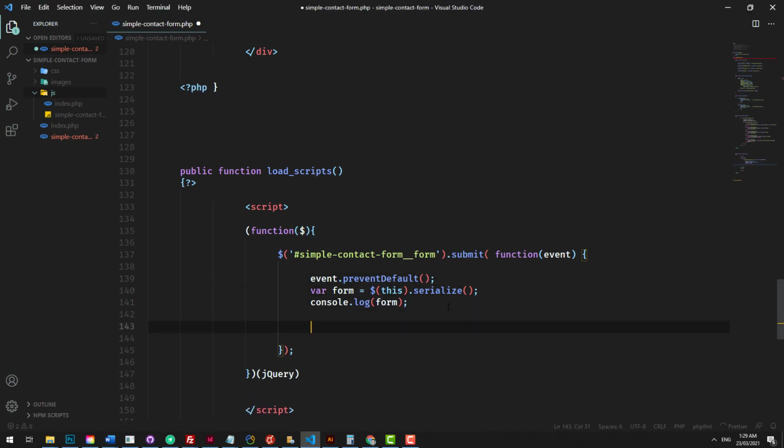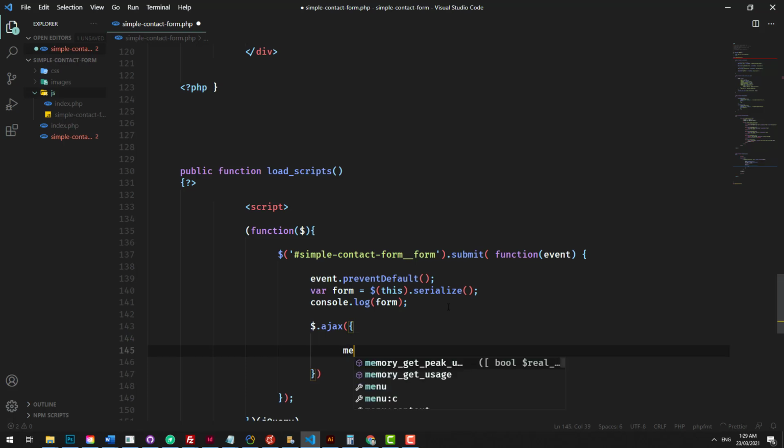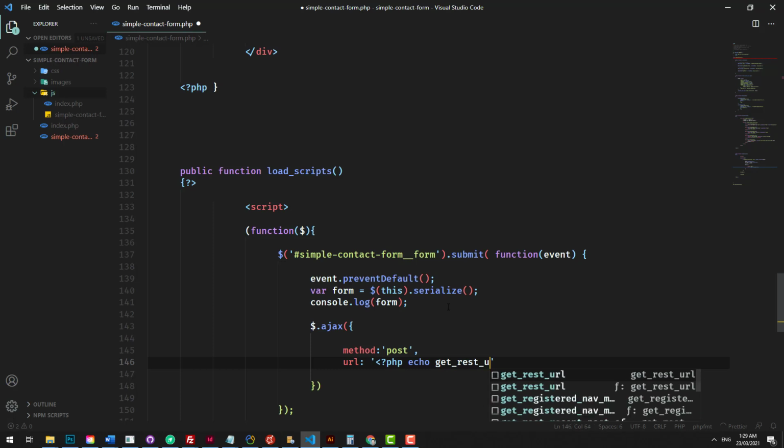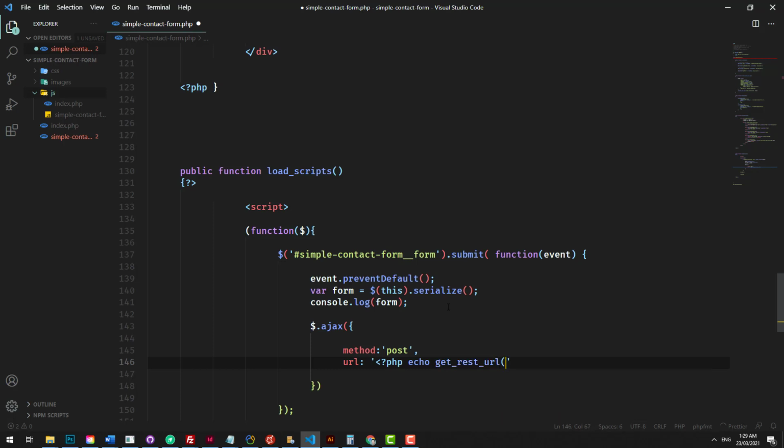So let's open up the AJAX function, $.ajax, and inside there we're going to put an object. The method is going to be post. So we're going to be posting the data to the WordPress backend, and we need to put the URL of where it's going to be posting. WordPress has a function that gives us a bit of a shortcut to finding out that URL. So we'll put the two inverted commas, we'll do PHP echo get_rest_url,